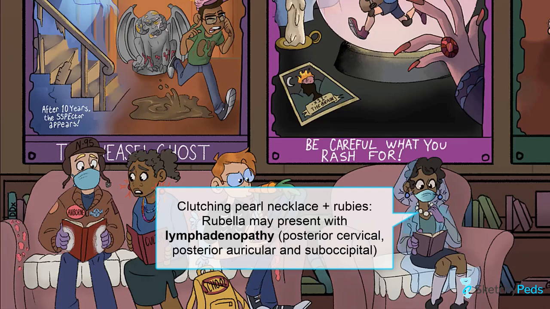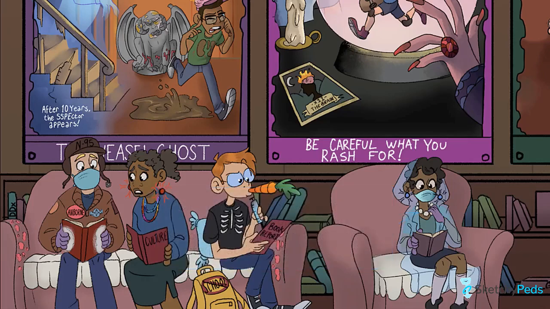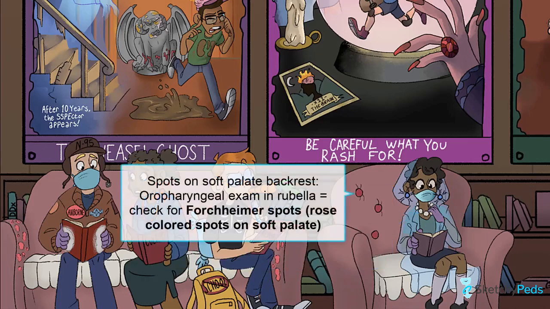See how the young reader clutches her pearl necklace? Lastly, you'll also want to complete an oral exam to look for Forchheimer spots, which are rose-colored spots that may appear on the soft palate and are unique to rubella. If you look closely, you'll see that this couch also resembles a mouth, and that there are red dots on